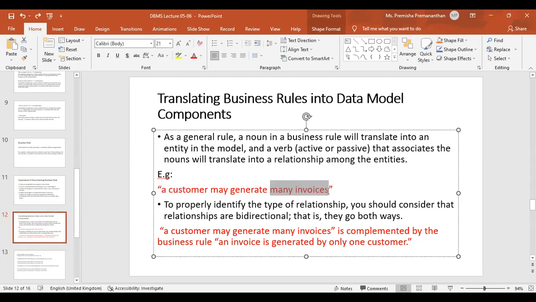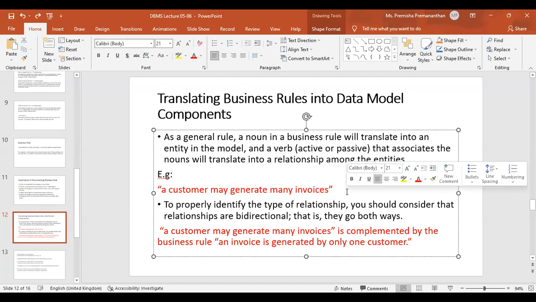Here, many invoices, so it's many, so it comes as one to many on one end. On the other end, invoice: can many customers create one invoice? No, right? So the next end is also one to